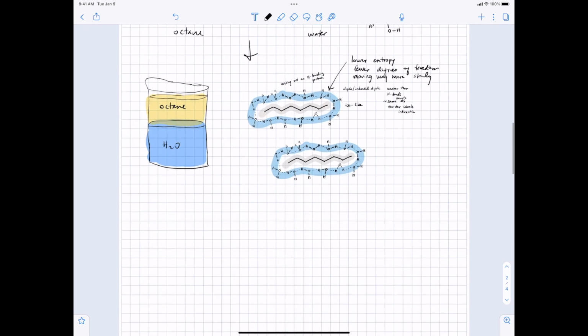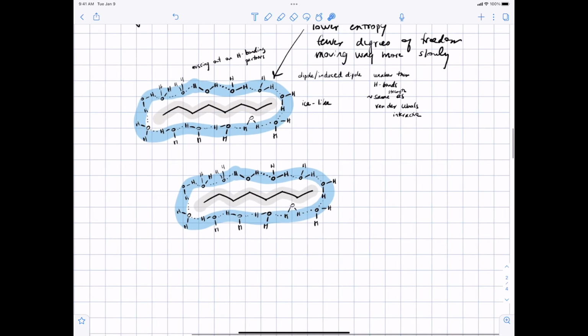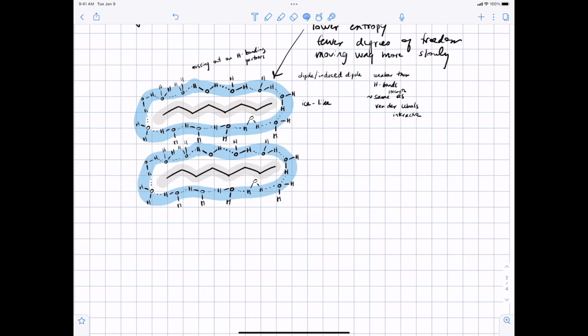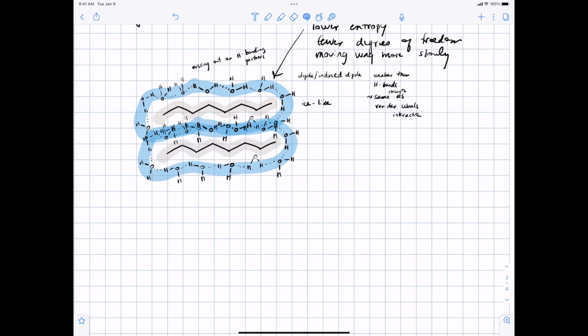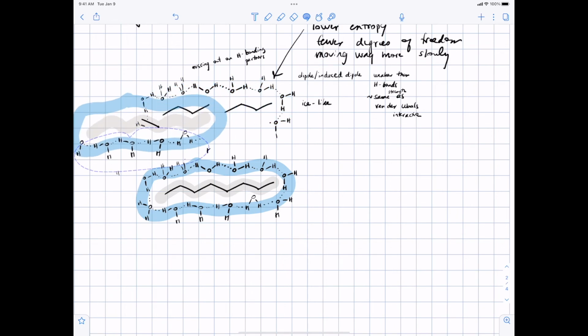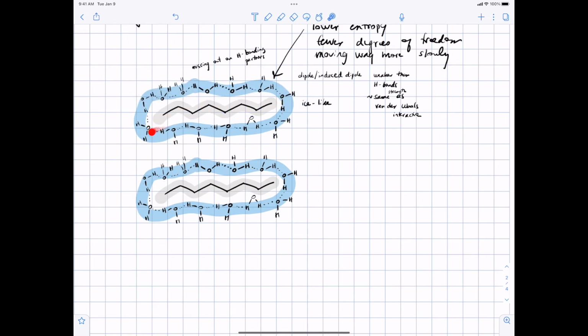Now, let's talk about what happens if we go from this dissolved state back to a state where the two are separated. All right, so take these two nonpolar molecules. Let's bring them close enough together such that they can interact with each other rather than the water molecules that are adjacent. If I bring these two close together, what happens to the water molecules that were here and here? They get out of jail free, right? So if I bring those two together,